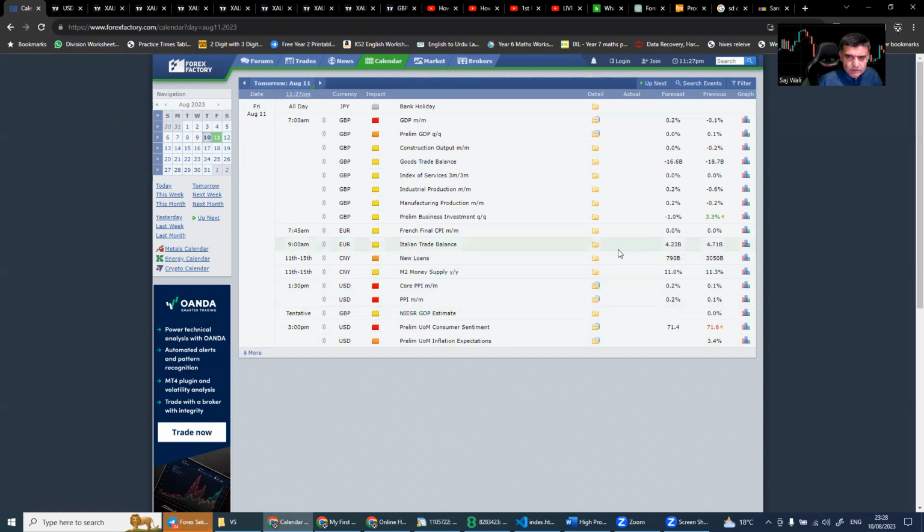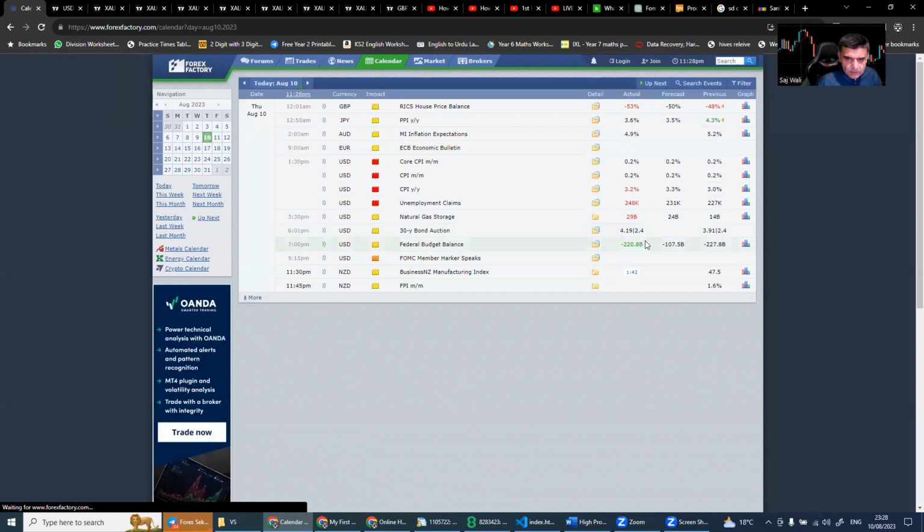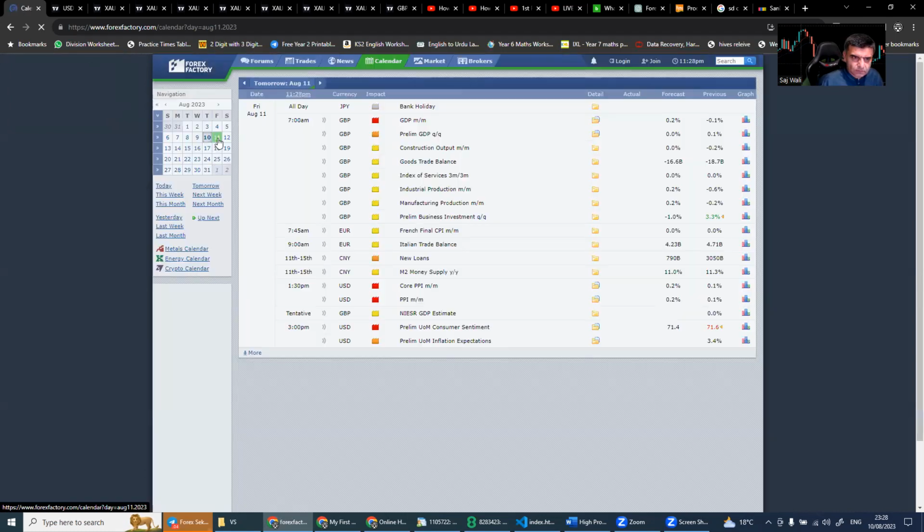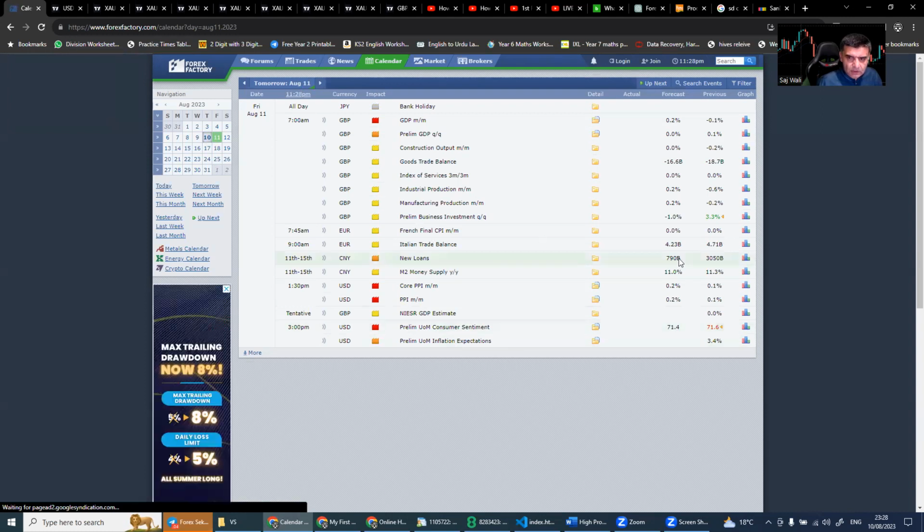Guys, it's quite easy. When the news is positive, it will be in green color, as you can see. If it's negative, it will be in red color. So you can quickly find out if it's negative or positive, and according to your analysis, then you can trade if you want to trade on the news.